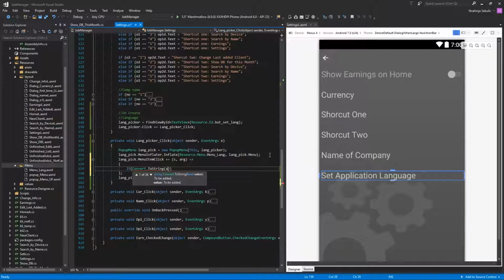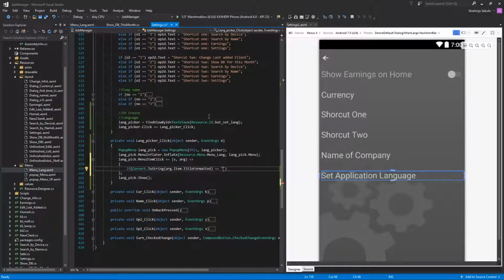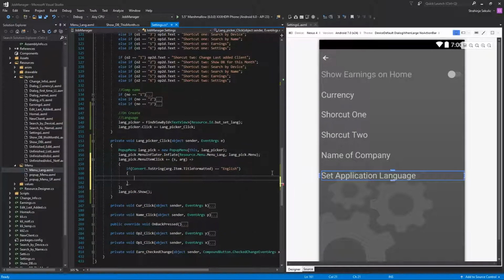So arg dot item dot title formatted right here, if that is equal to the name you're giving it, which is English. So if that is equal to English, you're going to do this, else if,